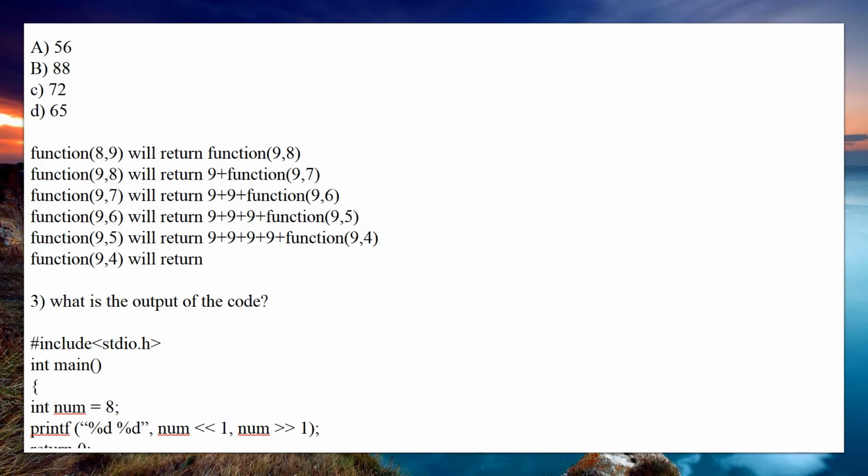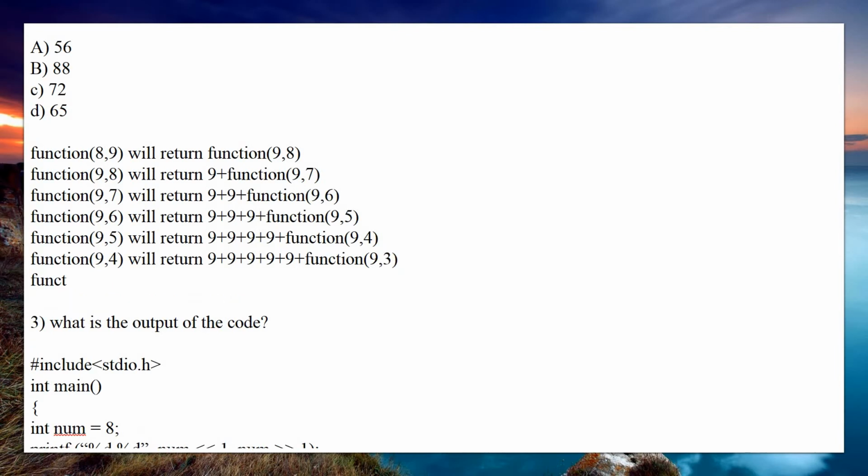So condition becomes false, then in the else if statement, 4 is not equal to 0, condition is true. So again it will return, so earlier what we have 9 plus, again A plus function of A comma B minus 1, that is 9 plus function of 9 comma 4 minus 1 is nothing but 3. Then again you need to do the iteration for function of 9 comma 3 now. So again 9 comma 3, whether 9 is less than B, condition becomes false. So it will go for the else if statement, B is not equal to 0, 3 is not equal to 0. So it will return again the function of A comma B minus 1.